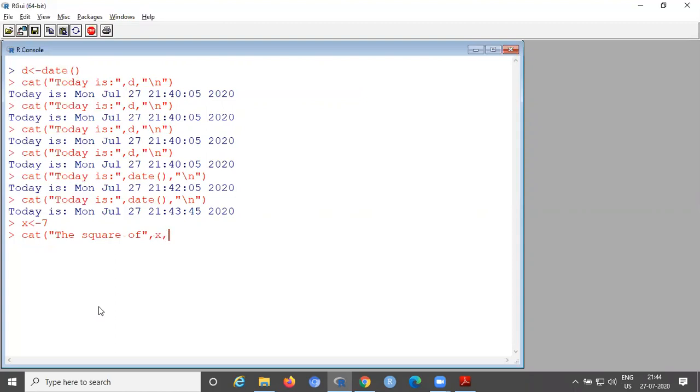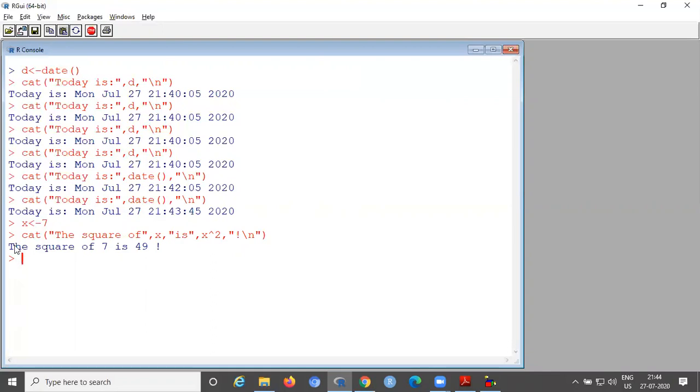Then "is", the square of x is, again you are using the quotes, comma, how to define the square, the mathematical operation x power 2, then print in the next line. If you want to put one symbol, any comment at the end, use \n. Before \n, whatever you give will be printed in the output.